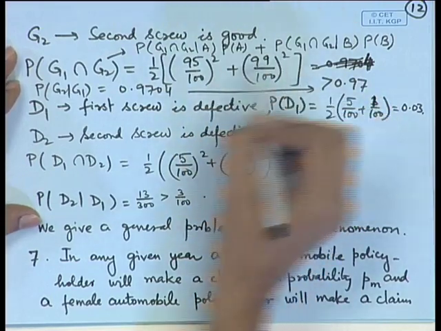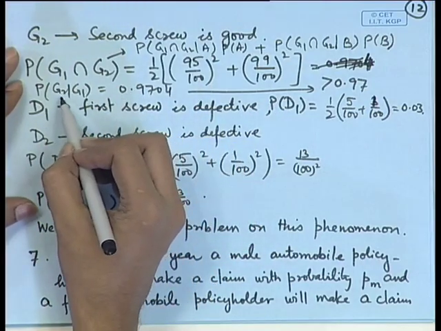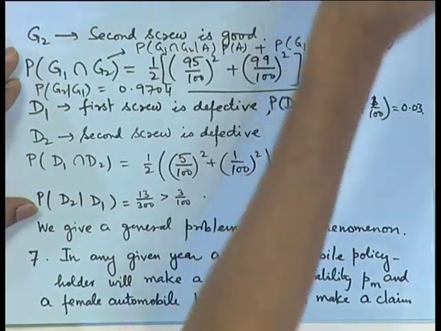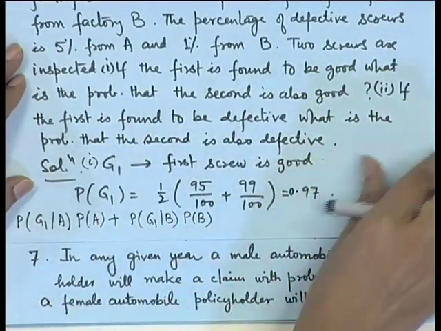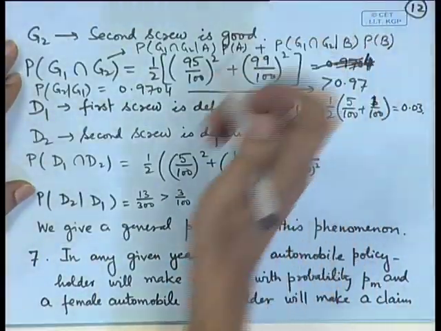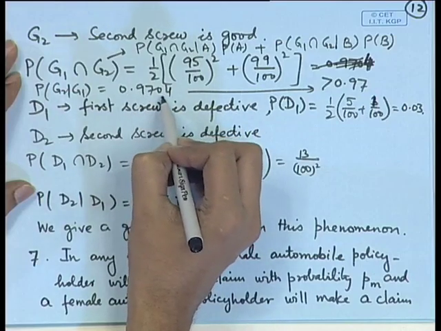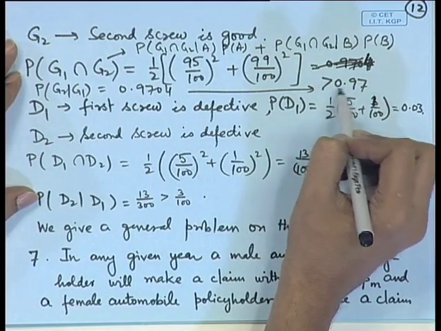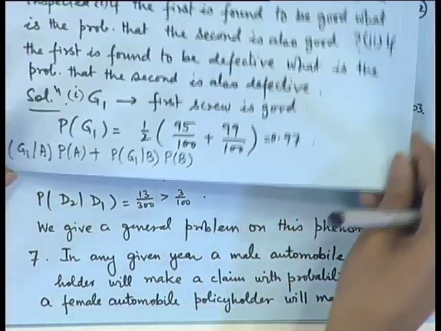So, after some simplification, probability of G2 given G1, that is probability of G1 intersection G2 divided by probability of G1, turns out to be 0.9704, which is clearly bigger than 0.97,